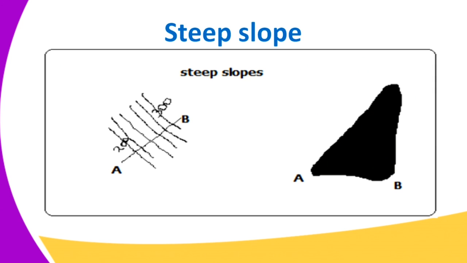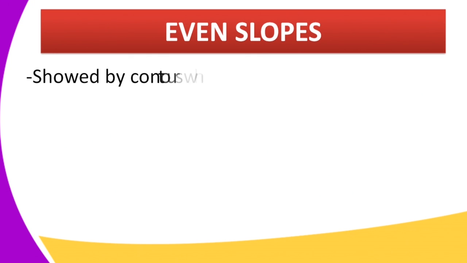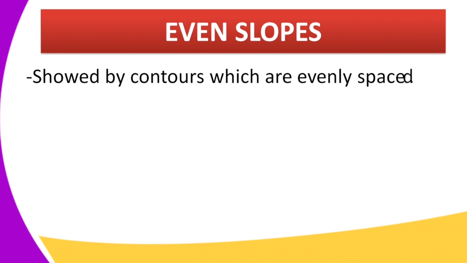The next slope is going to be the steep slope. So in the steep slope, the contours are close to each other. And here we have a uniform steep slope on a map, which are evenly spaced but close together. So in our image here, when you look at the contour lines, they are close together. That means that this is a steep slope. If you look at the second image that is marked AB and shaded black, you'll see that when the contours are close together, this slope becomes